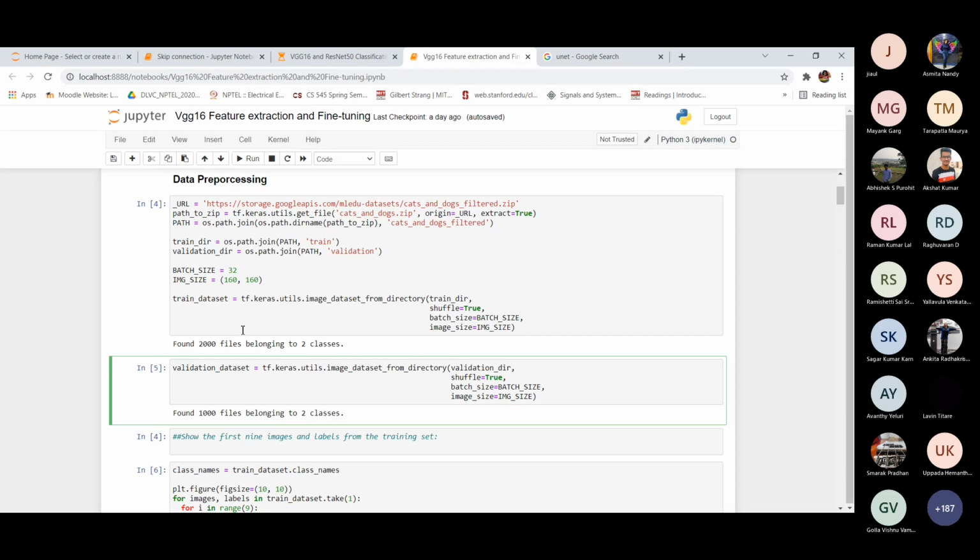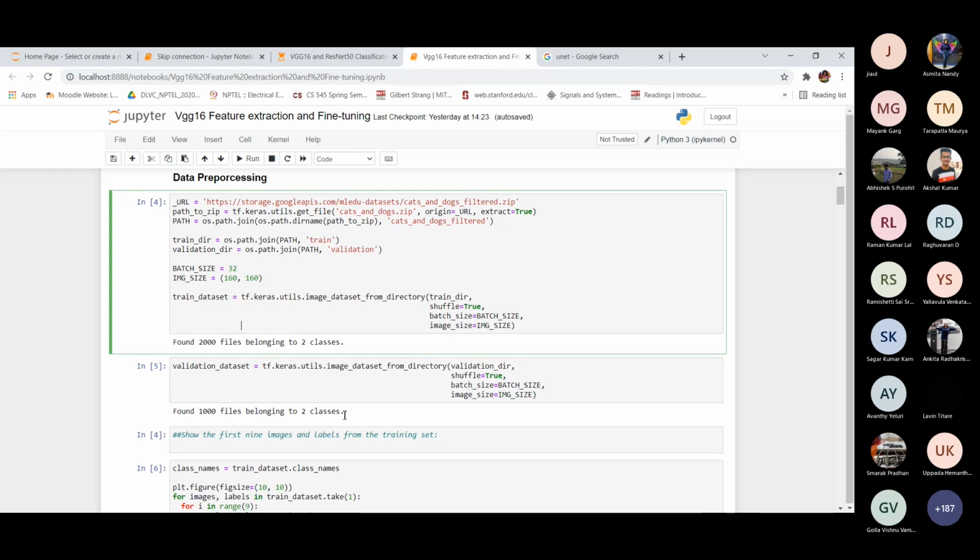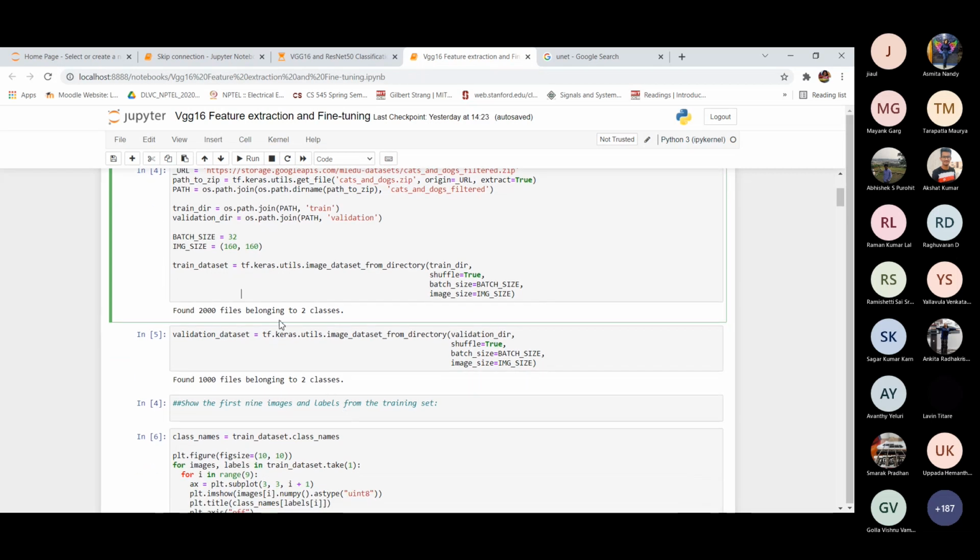Here we can see we found 2000 files belonging to two classes, and 1000 files for validation. So this is what we get, our batch files.